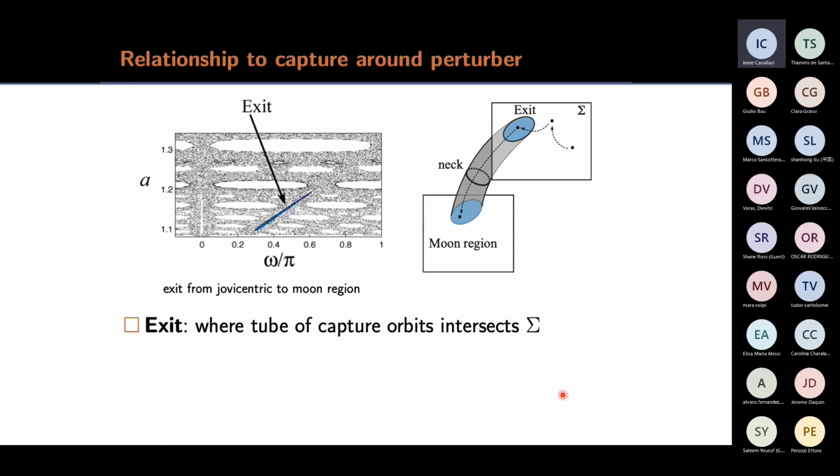Now this is connected naturally to the ballistic capture regime, because when these tubes intersect the Poincare section that we're speaking of, they still are topologically disks, and I'm calling this an exit because it's an exit from this Poincare section. So if some initial condition eventually through several iterates makes it into here, then it goes through the bottleneck around L2 and would make it into the region around the secondary. In this case, I'm thinking of